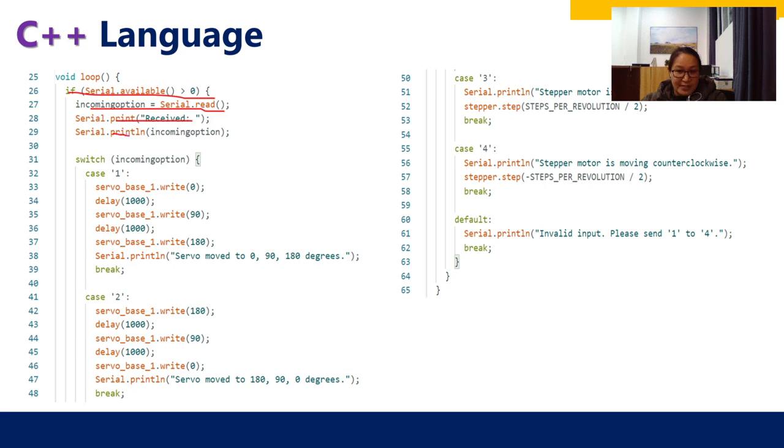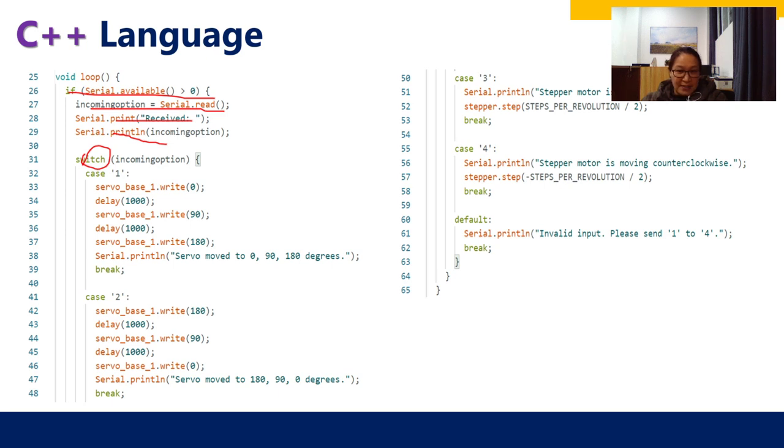It prints the received character to the serial monitor. This switch statement processes the received character and performs actions based on its value.